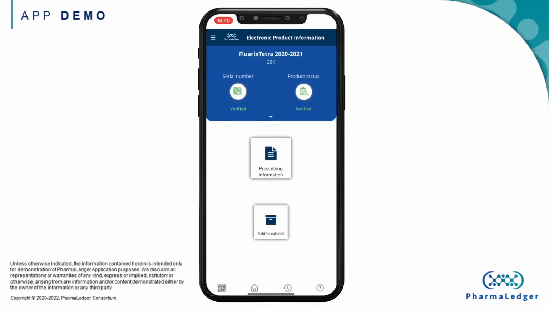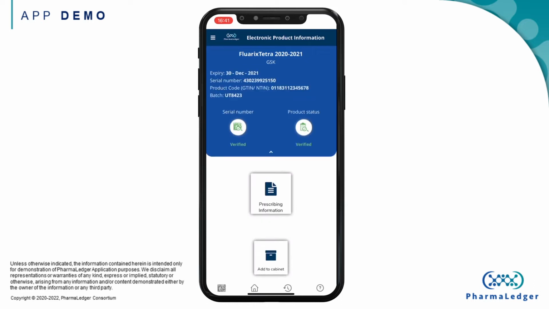When scanning the barcode, the content of the barcode is checked with the data uploaded in the EPI Enterprise Wallet. First, the product description and the brand owner are retrieved from the unique product ID. This is at the top of the screen. If all data match, we get the status verified. The first icon shows the serial number verification status, if a serial number was part of the barcode. And the second icon shows the product status, which is currently checking only the expiry date. Details of the product can be seen when expanding the top part of the screen.